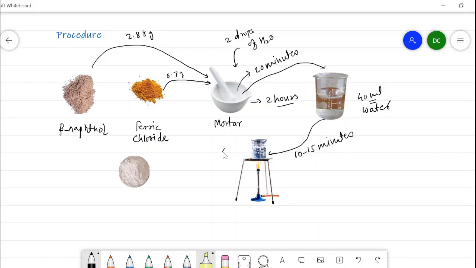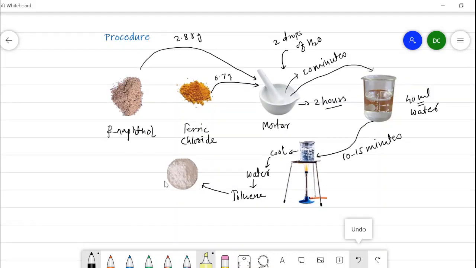After boiling, it is cooled, and after cooling, the content in the beaker is filtered so that we get here a crude product, which is washed with water and recrystallized from toluene. After recrystallization, we get this type of solid, which has an off-white color. After recrystallization of this product, we have to take the melting point. Suppose we have taken the melting point, it is found to be